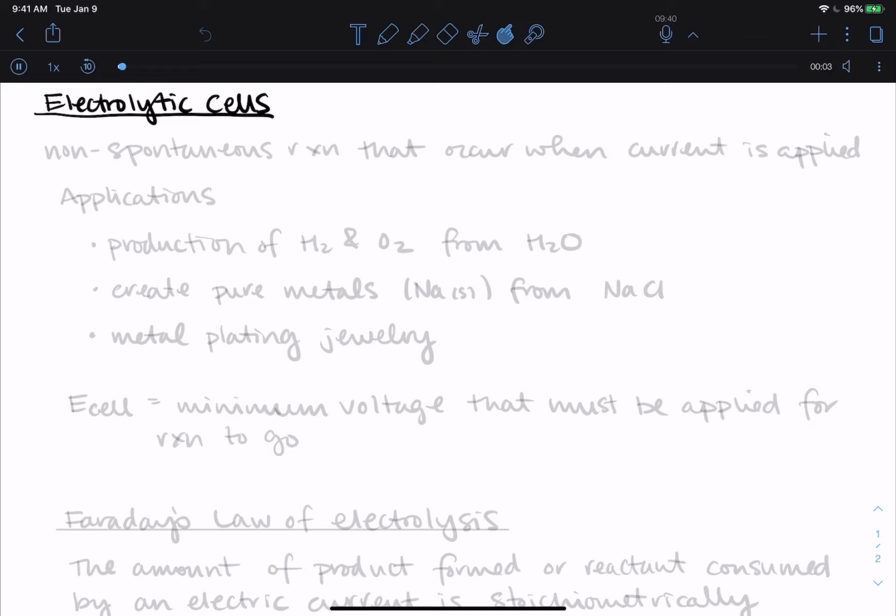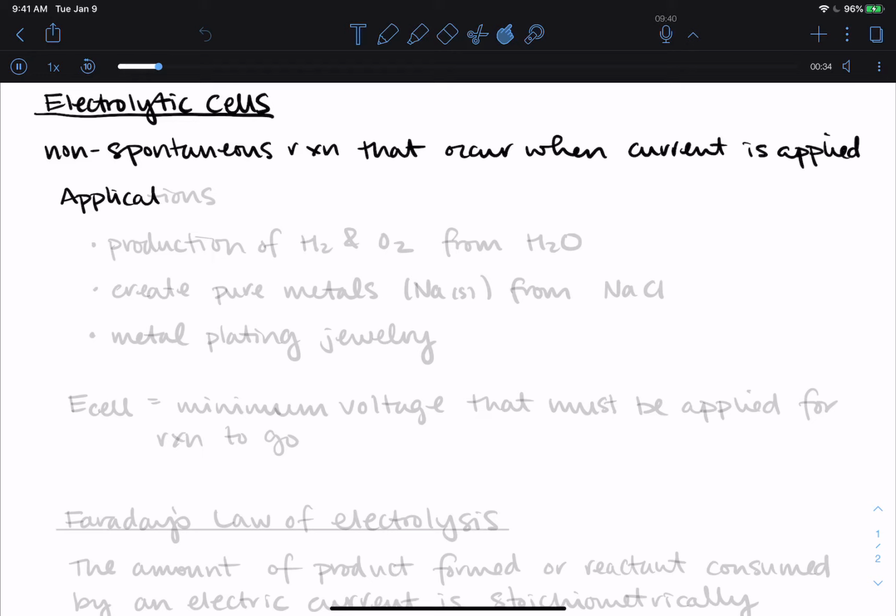Our last topic is to finally talk about electrolytic cells. So just a reminder, these are non-spontaneous or non-thermodynamically favored reactions that occur when current is applied. And there are a number of applications